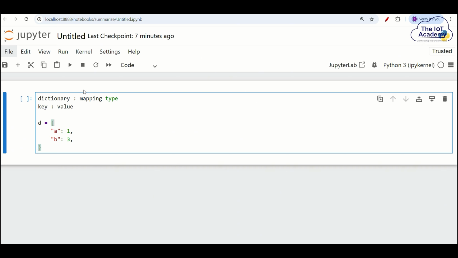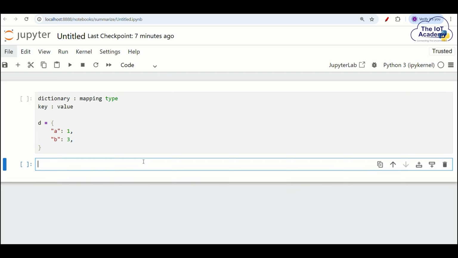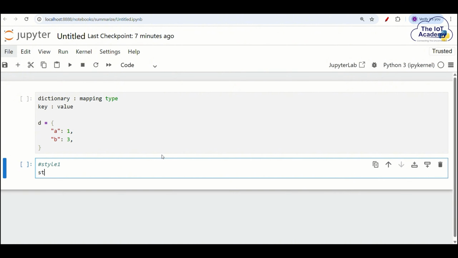All right, let's talk about how you create a dictionary and how you access it. Let's start with a simple dictionary. Say you want to create a dictionary to keep the scores of the students. There are different ways of creating a dictionary, so let me start with style 1. Let's say you want to keep scores of all the students. Let's call it student